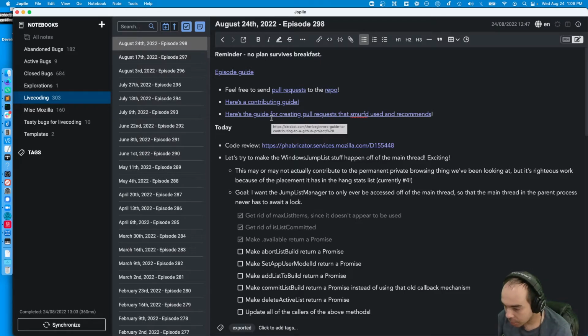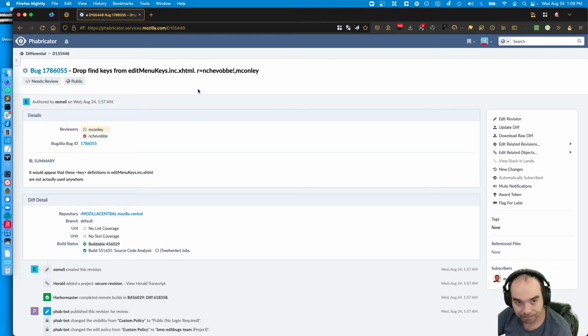I see that they're from Crushed Optimist. Nightly now is a separate Windows taskbar icon for private browsing windows, related recent bug 1785814. We'll take a look at that in a second. If you want to contribute to the episode guide, maybe you have your own notes, addenda, corrections, you want to expand on something, send a pull request to the repository. I'm happy to check it out and add it to the episode guide. It's for you, dear viewers.